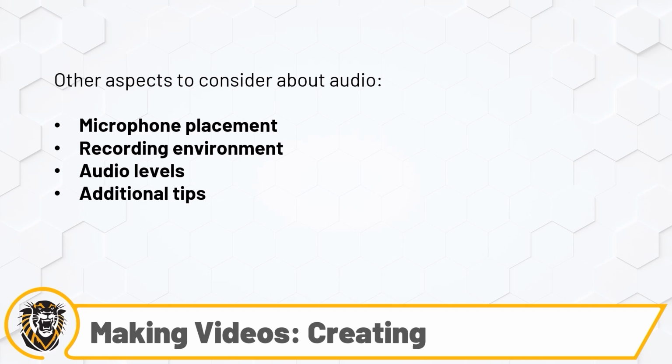When it comes to a recording environment, you should choose a quiet space in order to minimize background noise as much as possible. If possible, use sound-absorbing materials to reduce echoes. In your school, if you have music rooms that have sound-absorbing materials on the wall, this can be an excellent place to record audio. Use headphones to check audio levels and quality during recordings, and you might need to re-record